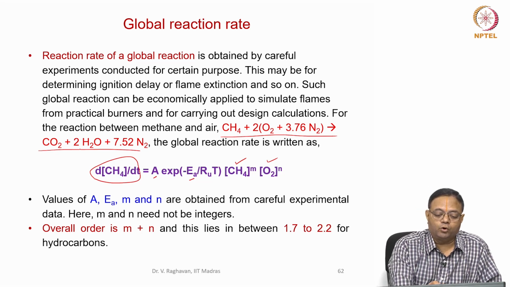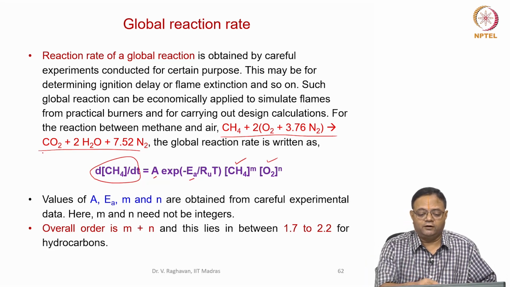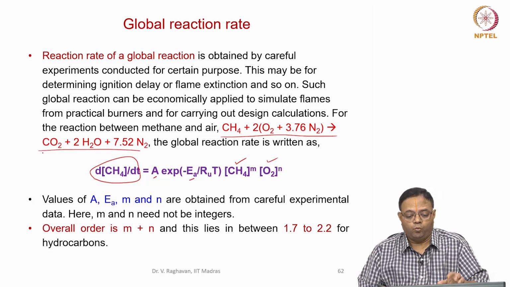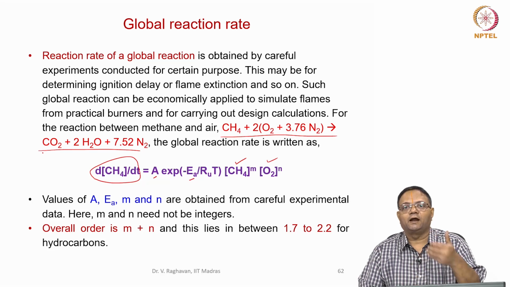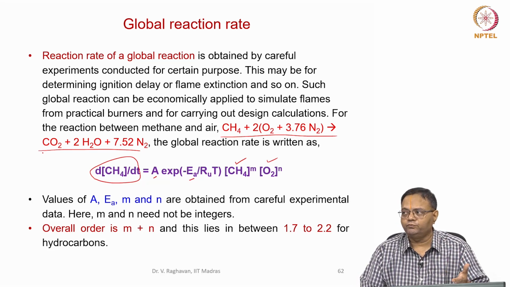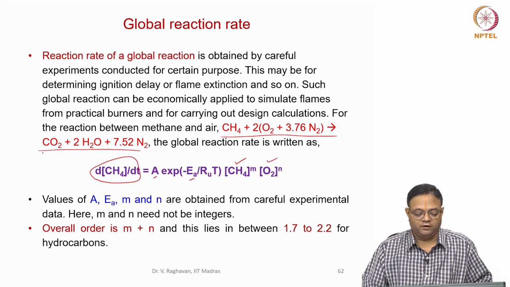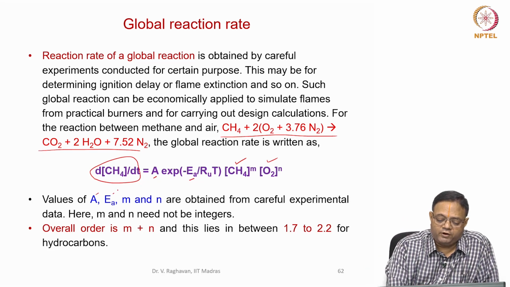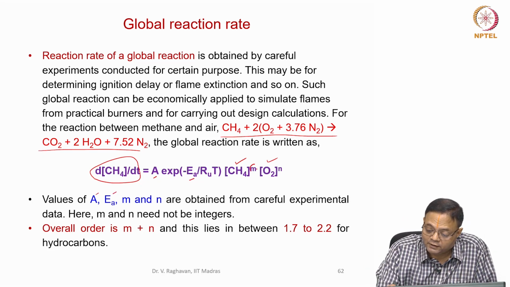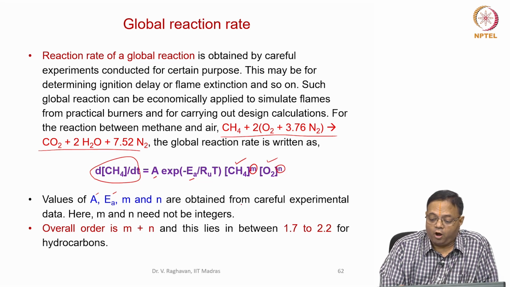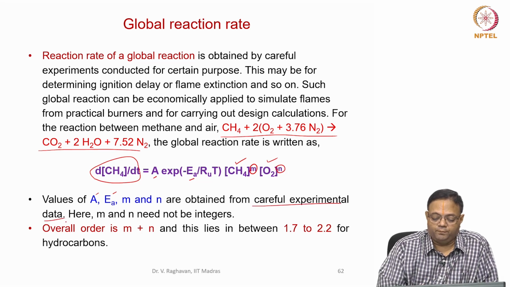Similarly, 2 kilomoles of H2O is produced and 1 kilomole of CO2 is produced. So that we can write. Once you determine this expression, I can write the species conservation equation source terms by using this particular expression itself. Here the values of A, EA and the exponents M and N are obtained from careful experimental data,